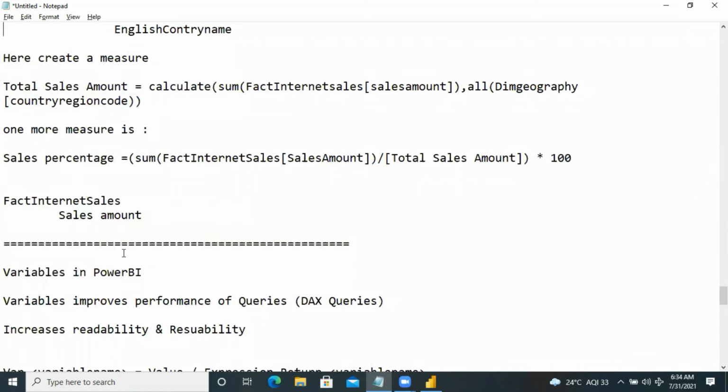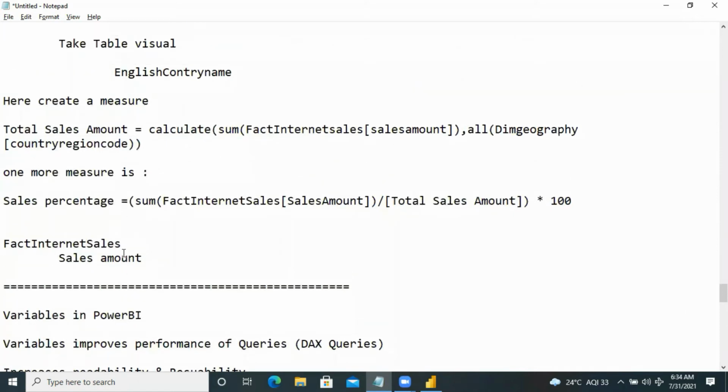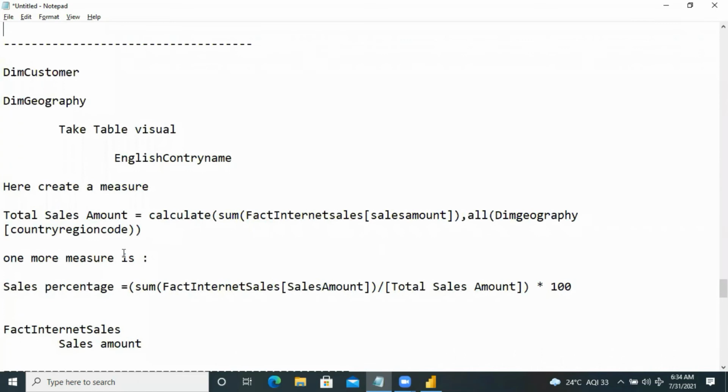Here I also gave a task to calculate the percentage. Load the tables like the dim customer table and dim geography table. Take the table visual, and for the table visual you can have the English country name. Create the measure total sales amount: CALCULATE, SUM of the internet sales amount, comma, ALL of dim geography country region code.